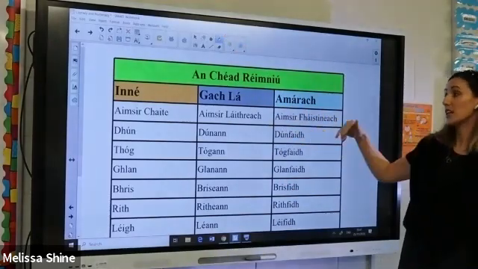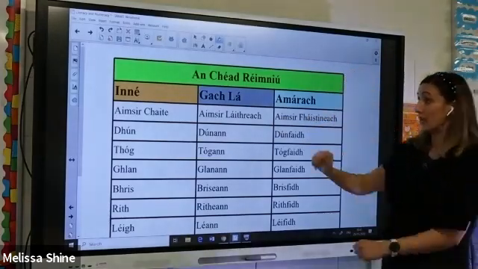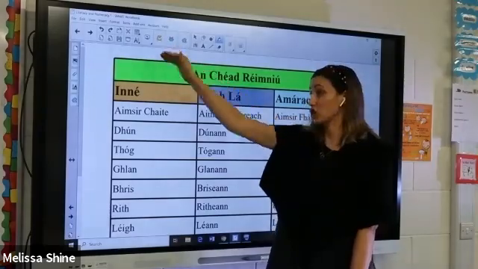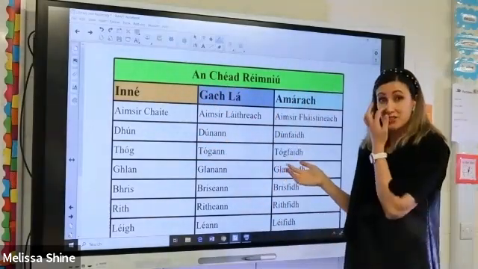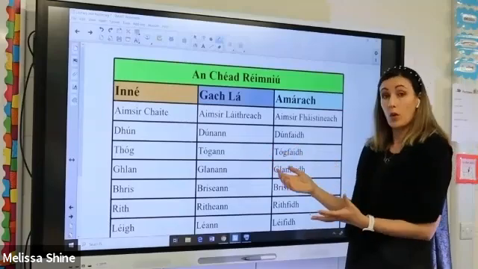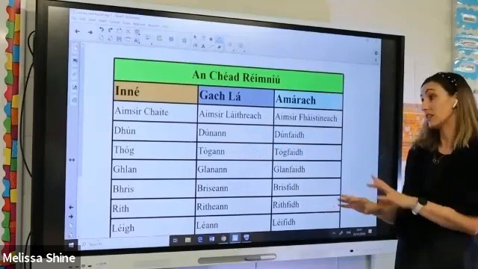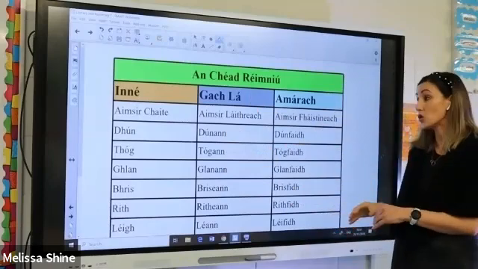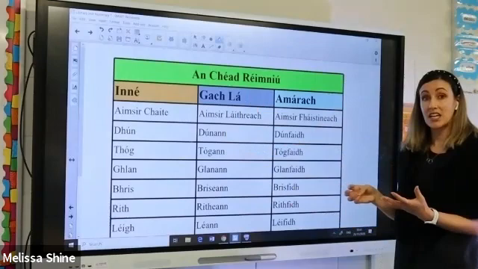I've my Aimsir Chaite, my Aimsir Láithreach, my Aimsir Ághnach. Again, all coming from our simple grid function up here, which is really, really handy. Being honest with you, this is just something I'll go on to Google or whatever it is and just copy and paste them and throw them in. So it's not that you're typing for ages at the computer. It's something you could save, you could change it and do your Cuimhne Comparáide, so you could have all